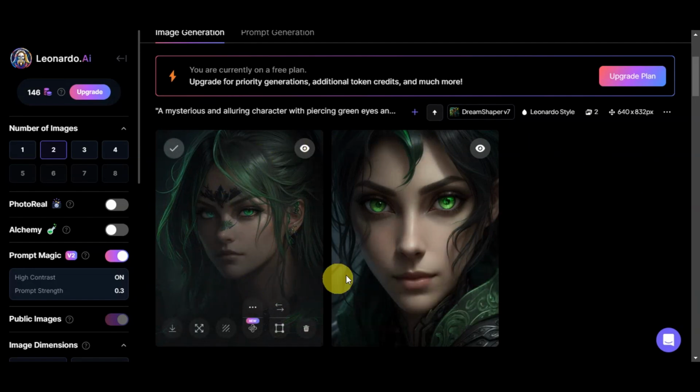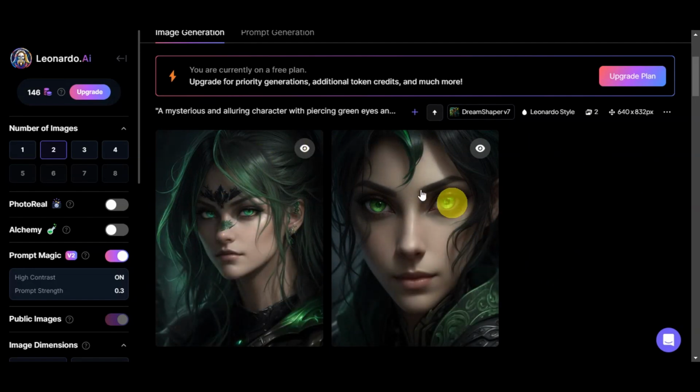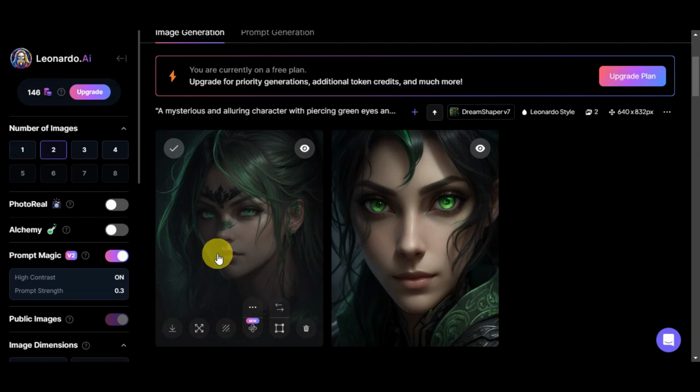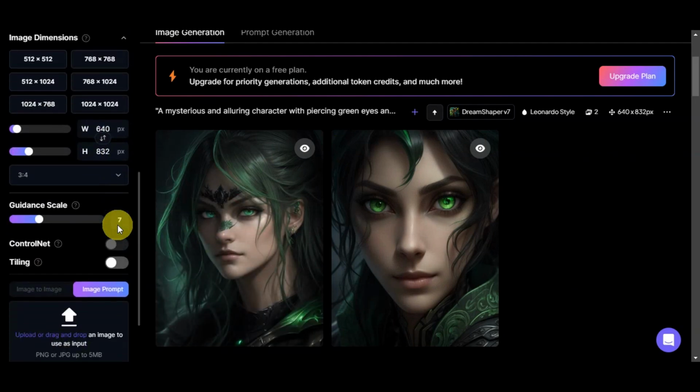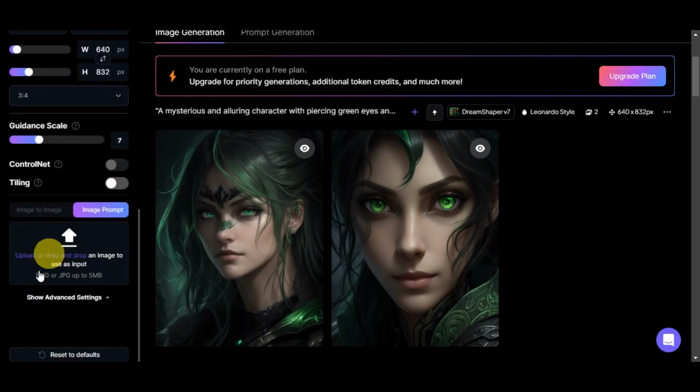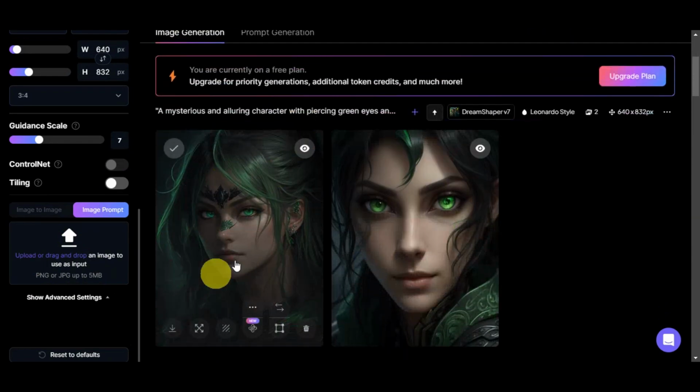Now, for us to be able to create something that is actually moving using this character, what you'll need to do right after is drag and drop the photo in here. You could actually generate some images that are still like this, but you could add in some poses, or you could modify the prompts so that it will change the character's emotion and action, allowing you to direct your character as you see fit. So once you have that one already, just do the same process of downloading the image,